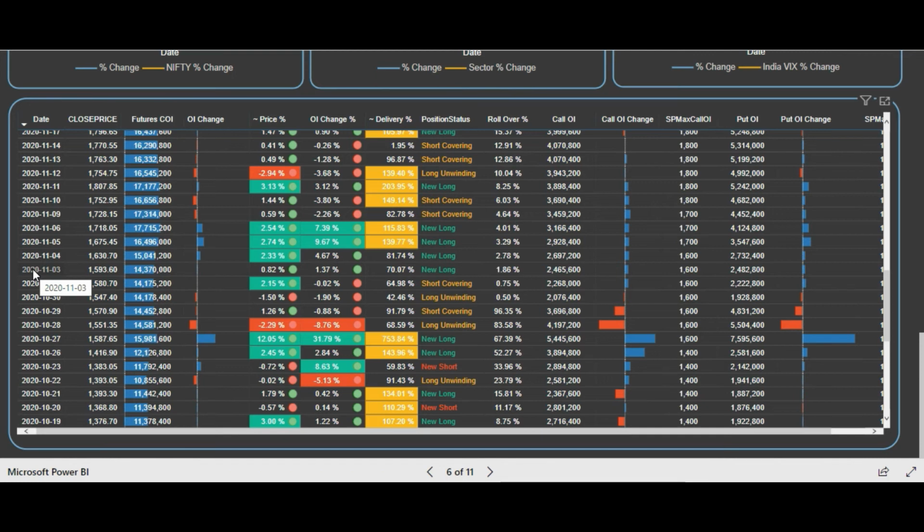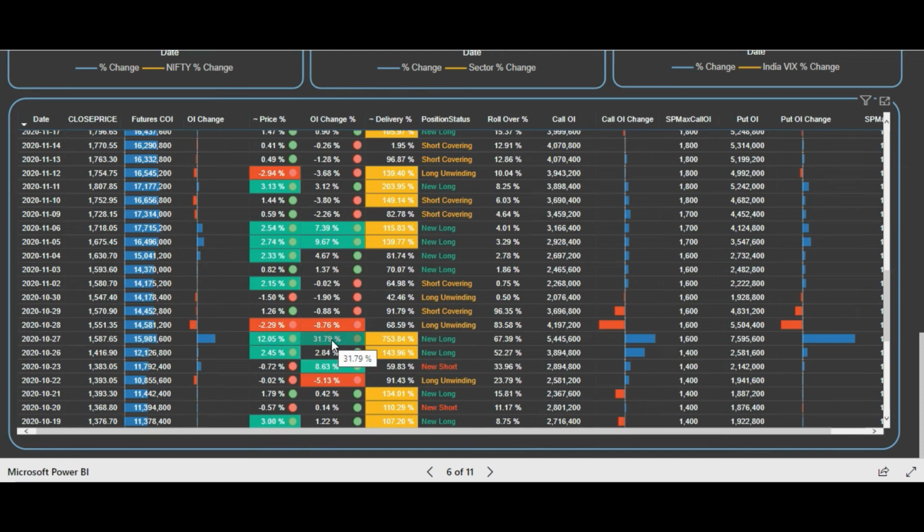If you remember, on 26th of October, Kotak Bank results were announced, and the very next day we saw a strong movement. So let's see that particular day. You see 27th of October, right? Here you see a significant increase in the price. The previous day close price was 1416.90 and the next day close price was 1587. So almost more than a 150 point price rise in a single day, and that's why the price rise is 12.05%.